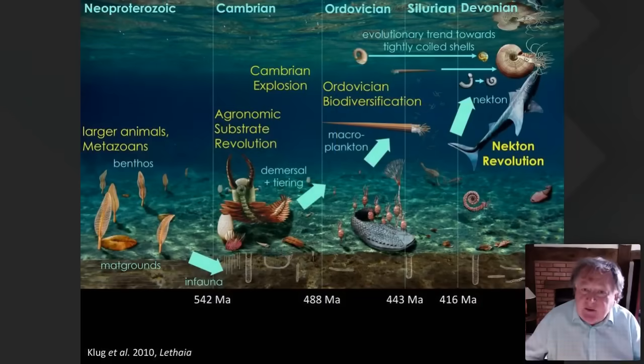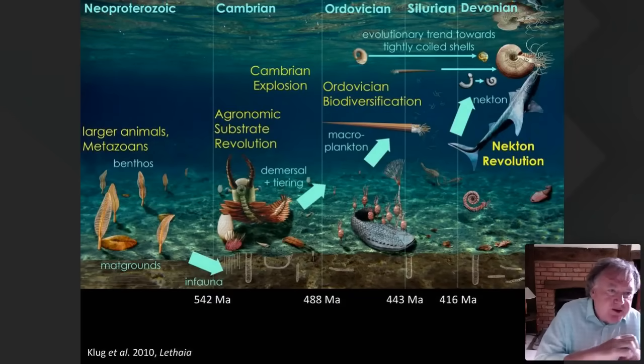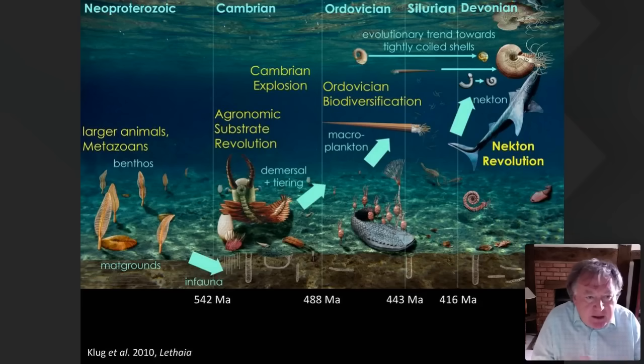Another way is to think of it in terms of ecosystem change. So we talked in that reconstruction by Martin Lysek of the Ediacaran biota on the left, sitting pre-542 million years ago at the base of the Cambrian, sitting on these microbial mats, a largely passive existence. There were some that could move across that sediment surface, but not many. Crossed the Cambrian boundary, and as it says here, they gave it the fancy title of the agronomic substrate revolution. What it basically means is that animals become much more dynamic, and the interactions between animals become much more dynamic. We get organisms burrowing down into the sediments and beginning to engineer the sediment. We get animals swimming up into the water column, and these are newly evolved lifestyles that are associated with the